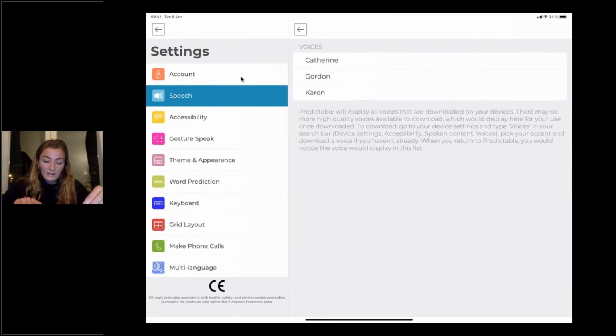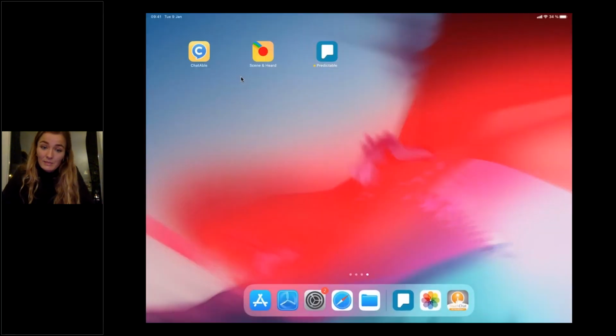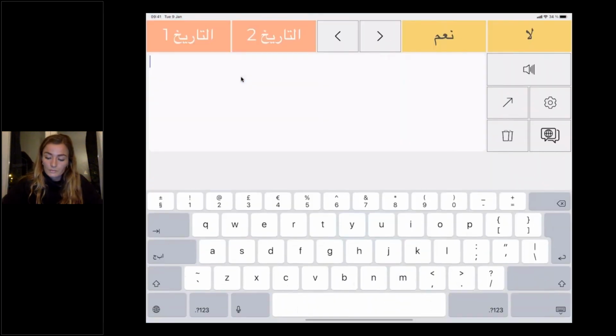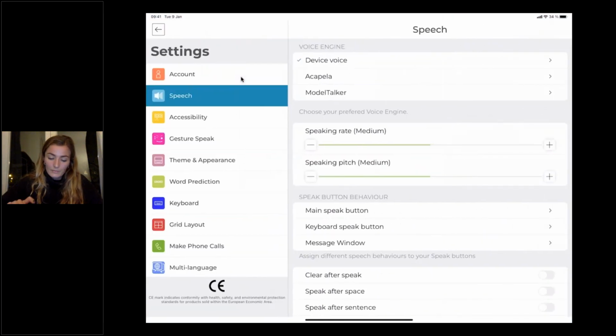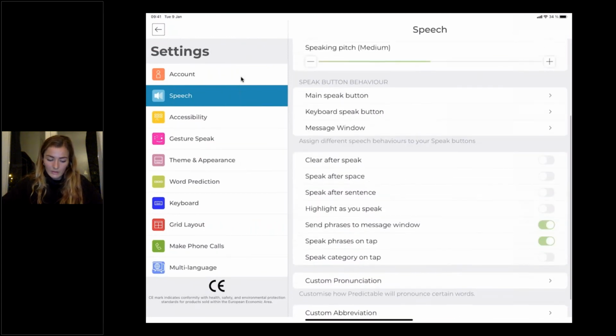Catherine, for example, won't be an option on the Samsung Tab, because on the Samsung tablet the voices will be provided by Samsung, which is a different provider. So that's the first thing. Then Acapella and Model Talker, we have everything.